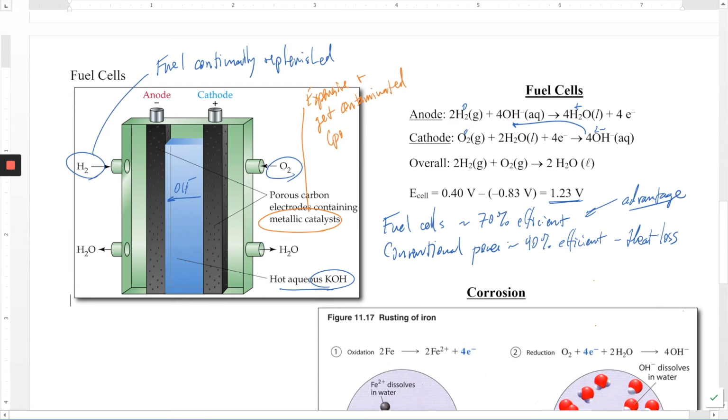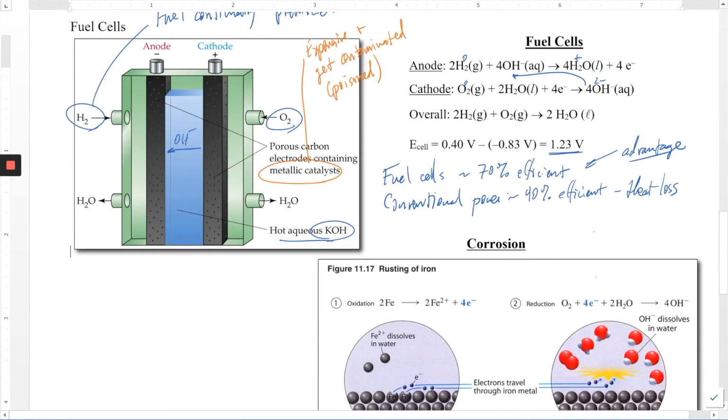What chemists call being poisoned. And so they do need to be replenished every once in a while, replaced every once in a while, and that can become expensive. So batteries and fuel cells are a wonderful application of using electrochemical cells to our advantage, but there are some